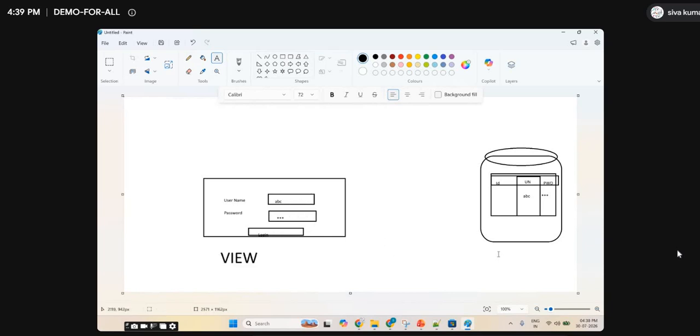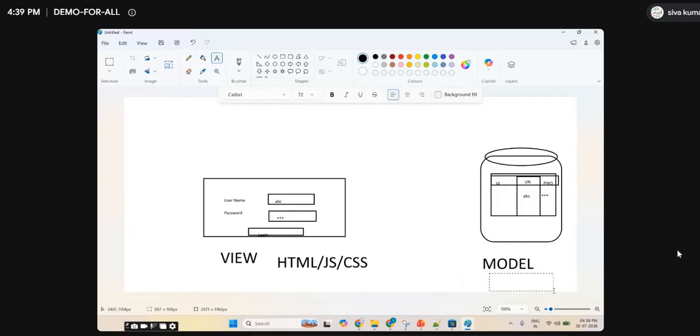This is the view. And the data modeling is available in the database, so we'll call it the model. So will the view directly connect to the model? That means HTML, JavaScript, CSS, right? Will HTML or JavaScript or CSS connect with the database? See, these views can be any technology, any web application developer's choice. The view will be in HTML, JS, or CSS. This is the technology they will use to create the view.